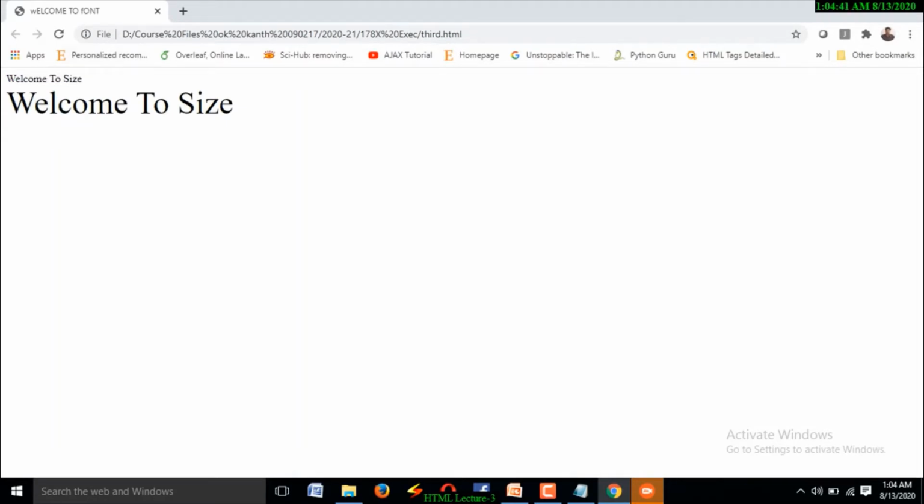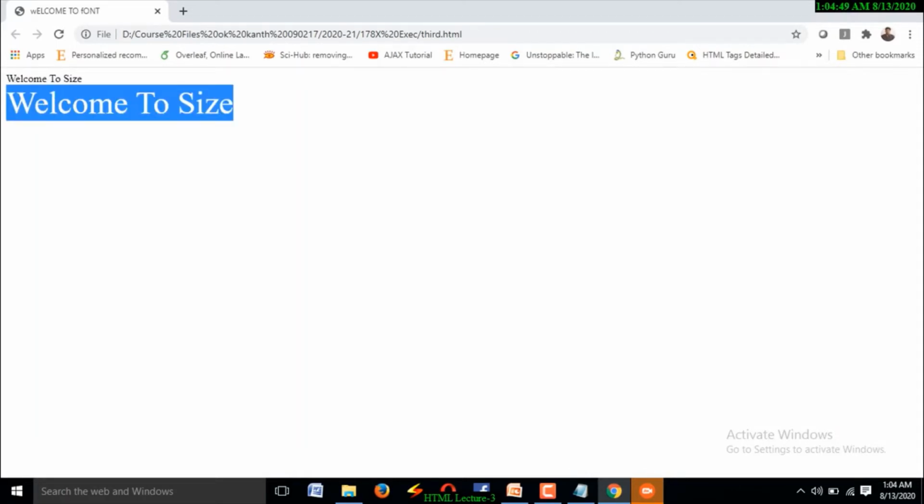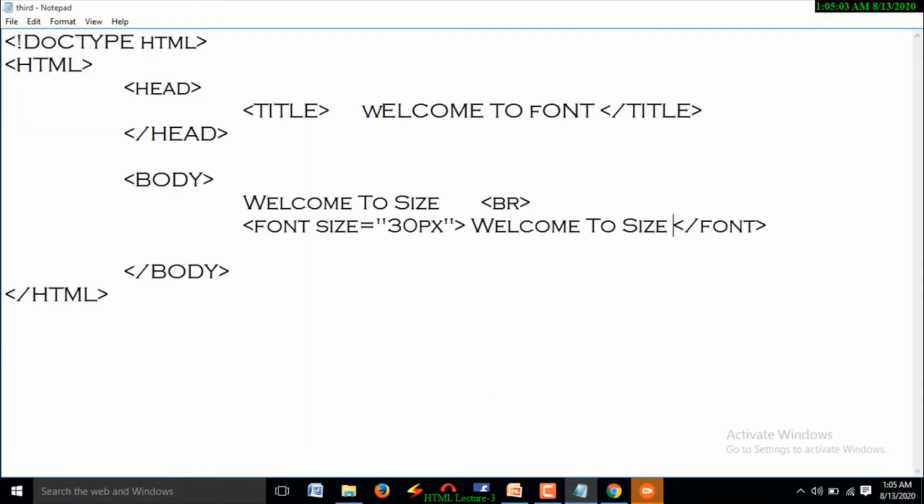Observe the difference. The normal text appears in normal size. And coming to the second case, in the second "welcome to size" text, the font size is increased. What is the font size here? 30 pixels. And instead of pixels, you may use a percentage also. See, suppose 10%.